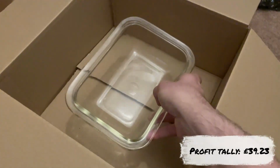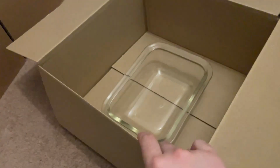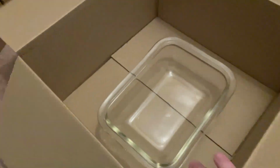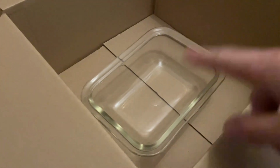Obviously, it will be floating. And then I've got another one there, which I'll then just line over the side. So it'll be a double-walled, nicely padded pie dish. And then that should hopefully not break. These boxes are very hard to buy. I will